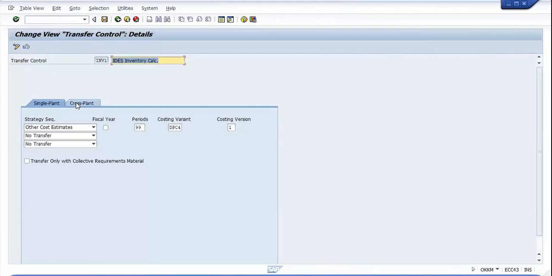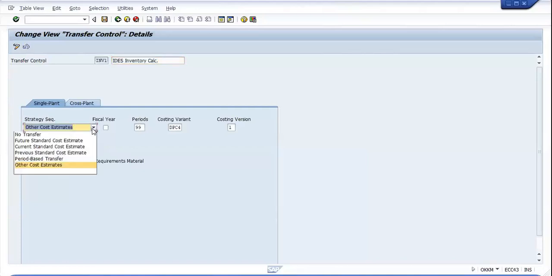For this purpose, we need to put in a costing variant. We need to define this combination. Strategy sequences, other cost estimates. The period is 12, but we put 99 as the default.